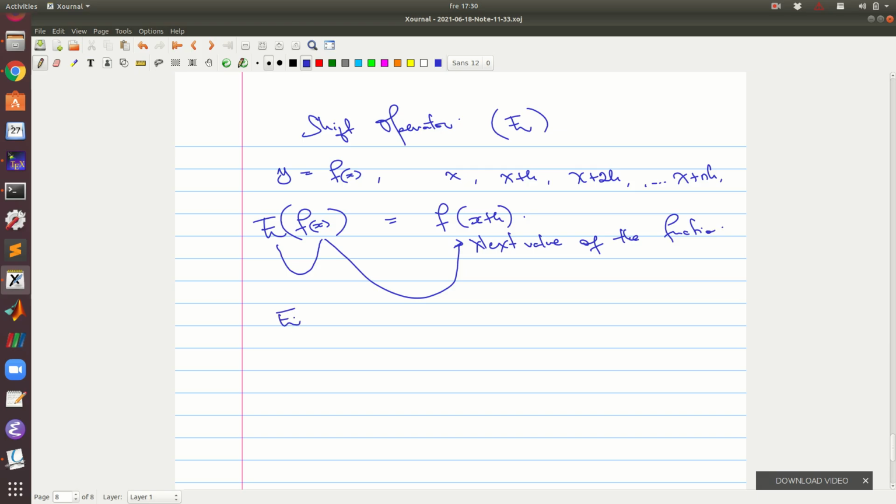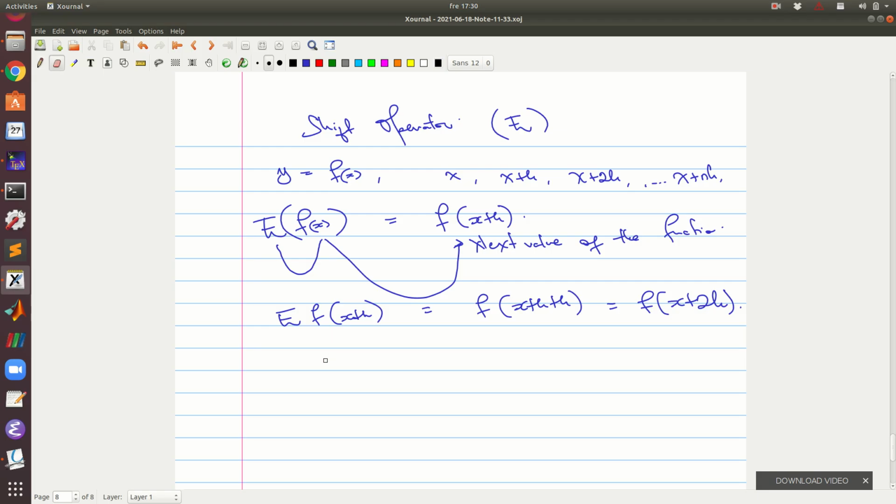In other words, if we now have the shift operator of f at the point x plus h, it is simply going to be f of x plus h, which is going to be f of x plus 2h. And then generally the shift operator here,